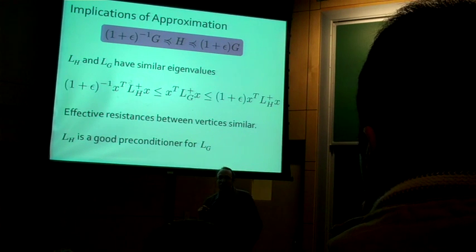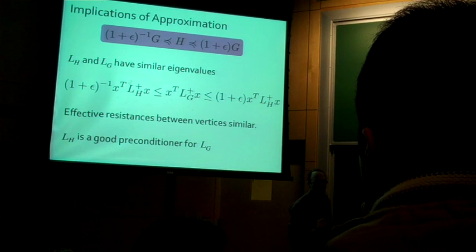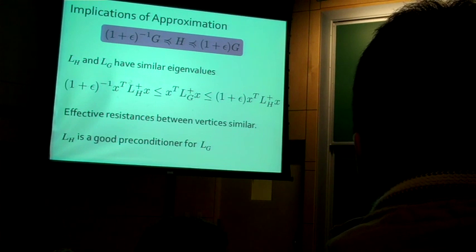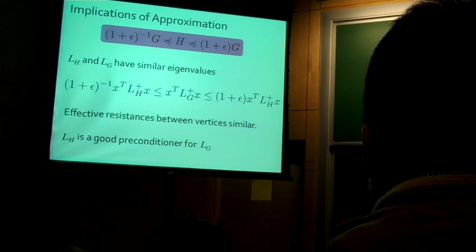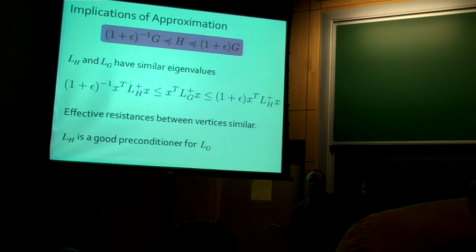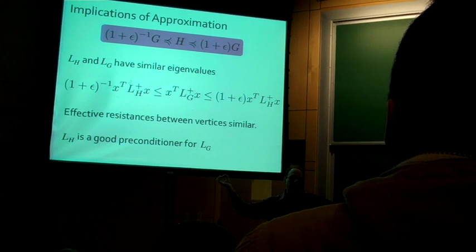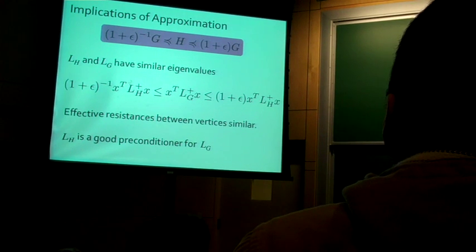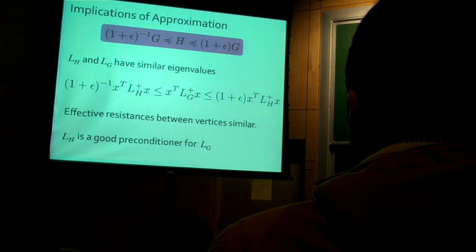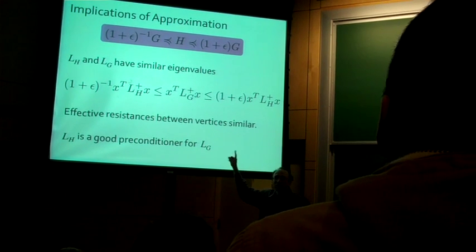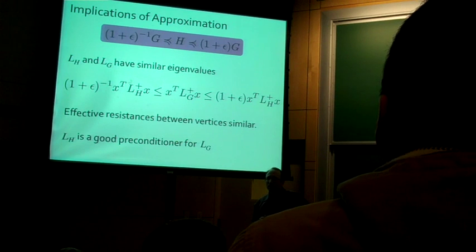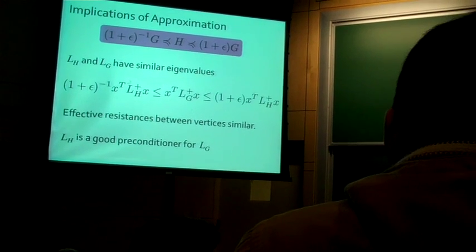That's useful because there are a lot of quantities that you write in terms of the Laplacian or the pseudo-inverse of the Laplacian. For example, my favorite metaphor for a graph is when I take every edge and treat it as a resistor. And I can then say, okay, what if I want to measure the effective resistance between two vertices in the graph? That turns out to be a quadratic form in the pseudo-inverse of the Laplacian. So when I have this sort of approximation, I know that the effective resistance between pairs of vertices is similar in G as in H. It also tells you things about random walks on the graphs.